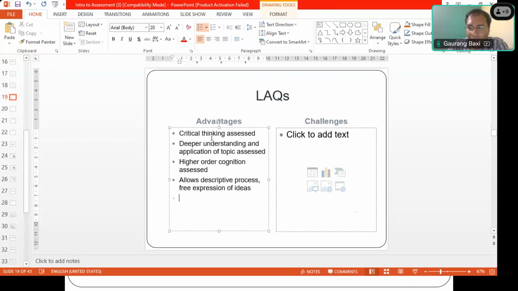So the point is this is a gray area which we need to be alert and aware of when we are doing the assessment: finally, what are we doing when it comes to assessment of LAQs. Some students might be freely expressing their ideas which are of no relevance to the context and the topic,